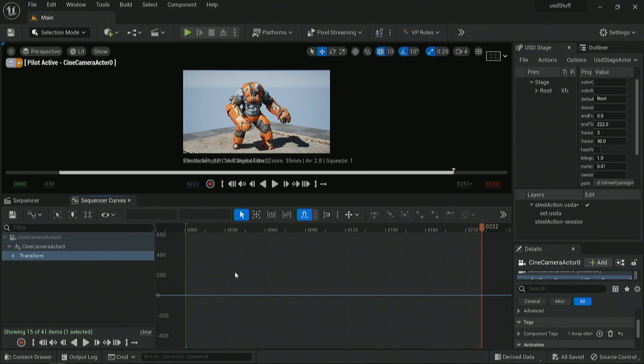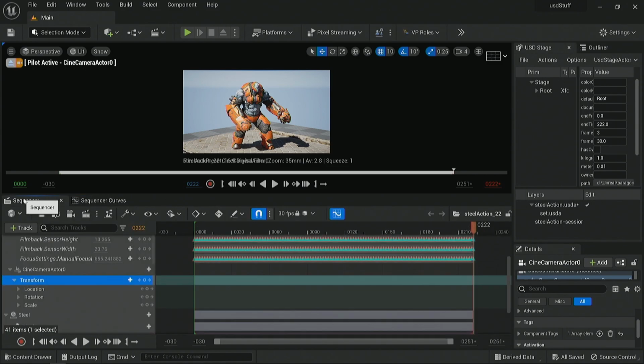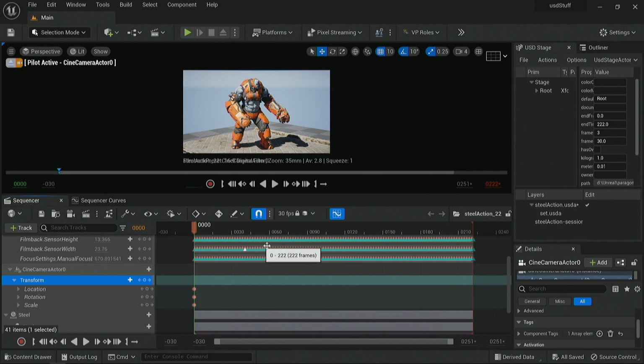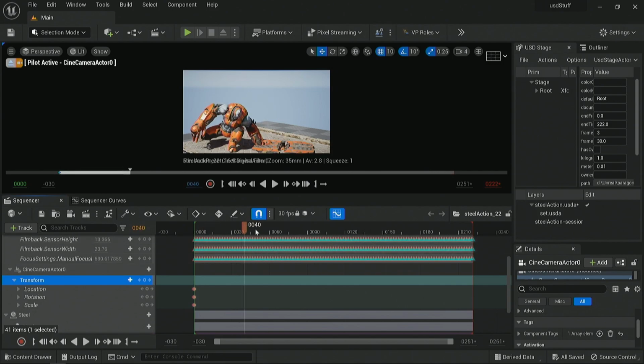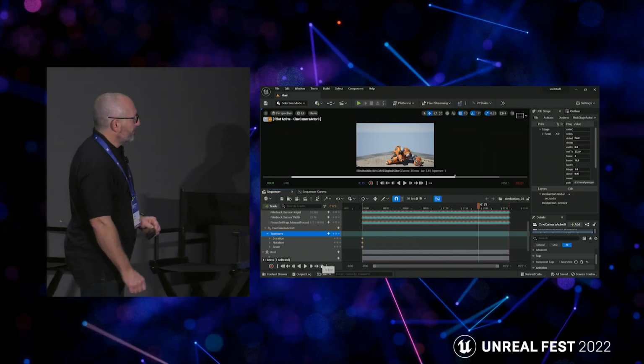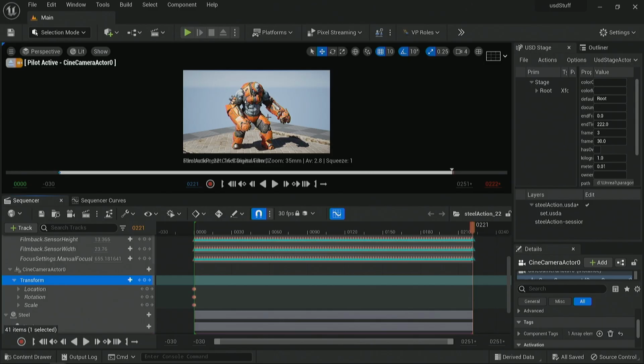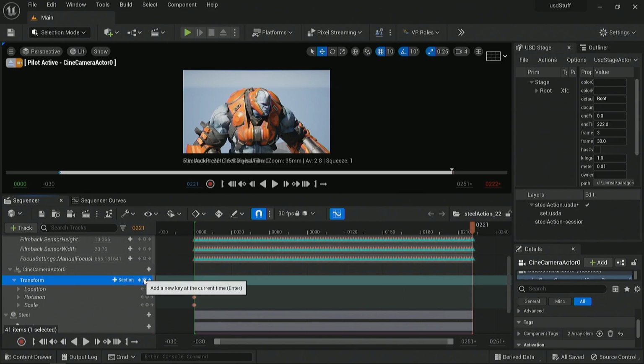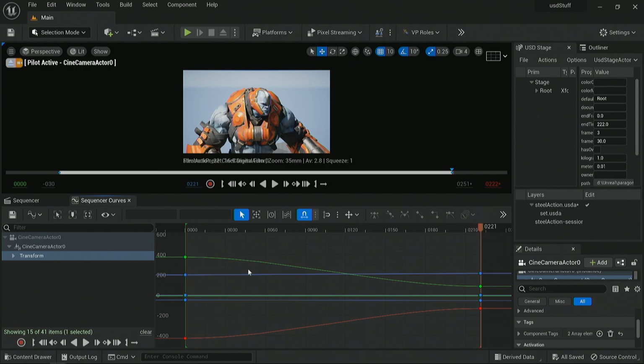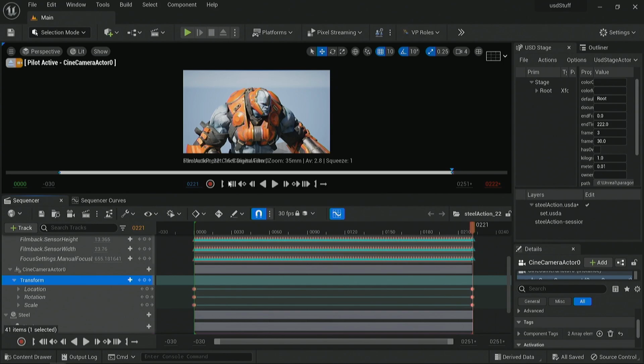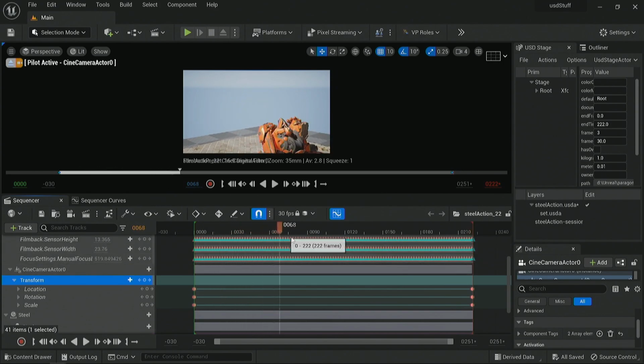As I'm animating the camera, when I'm putting down keyframes, it's basically getting baked under the hood into the camera that's in the USD. So again, this is all happening in USD, just really slowly. And as you can see here, you've got access to things like the depth of focus and stuff. So you can be animating that as well, and that all gets written back out to the USD file.